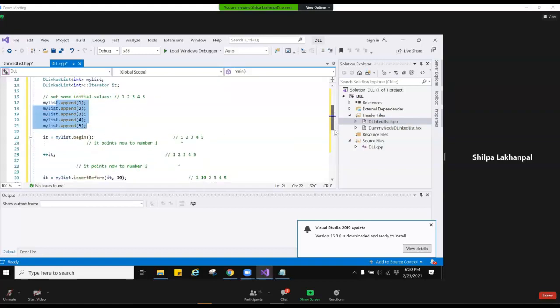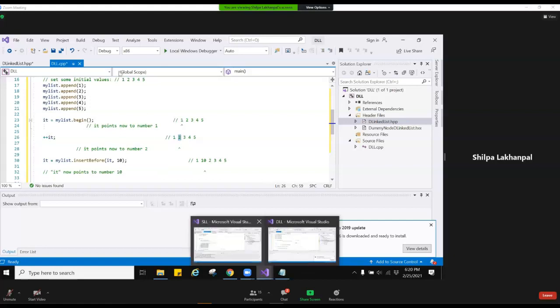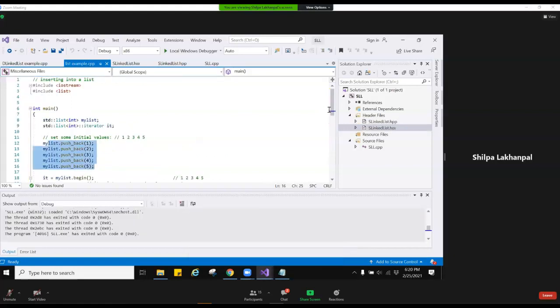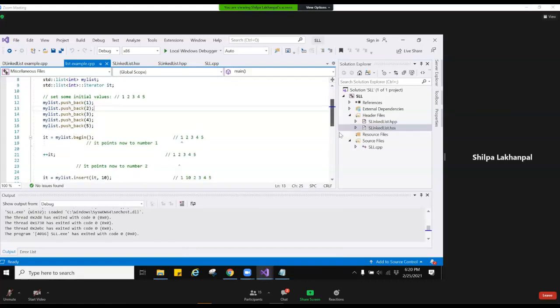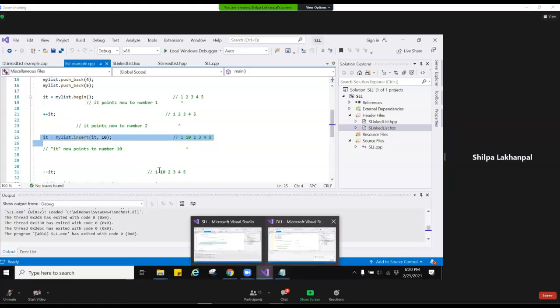5. And then we have the operators implemented in our class, so that's why we are able to call the dot begin. It sets to the very first element. Then the plus sets to the second element. And then, the insert over there was the same thing as the insert before. It's doing the same thing. Just the function names are different. So we have the same thing over here.